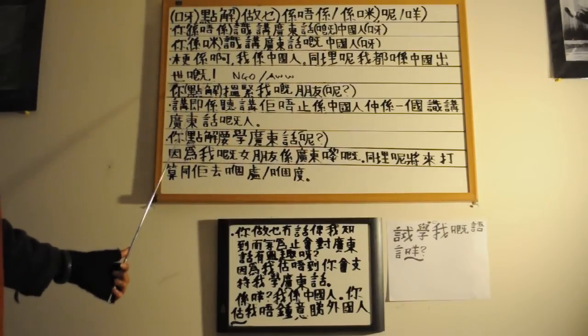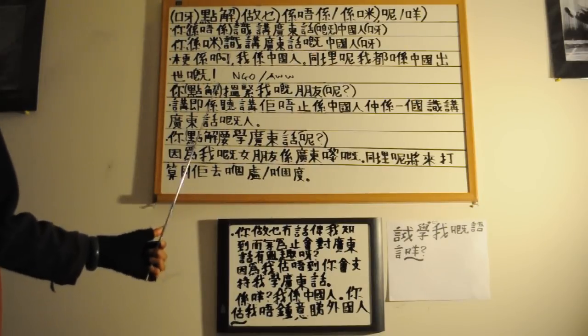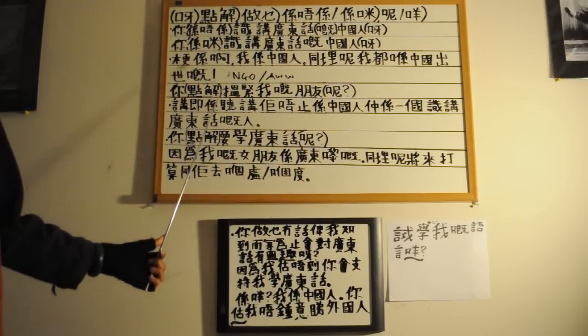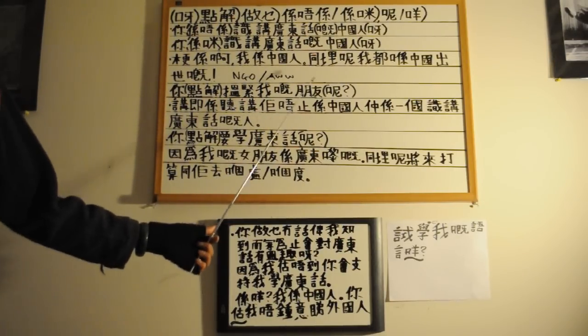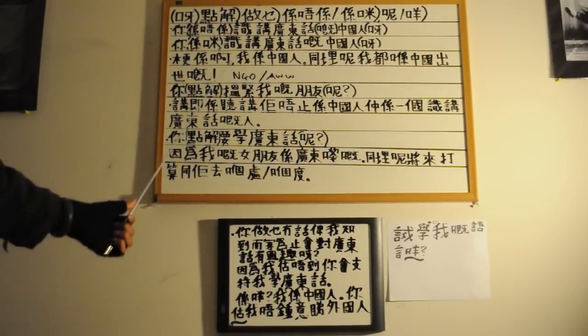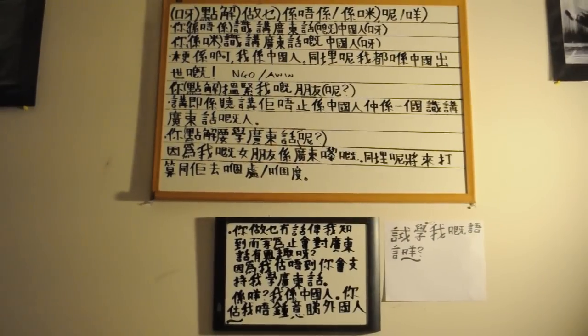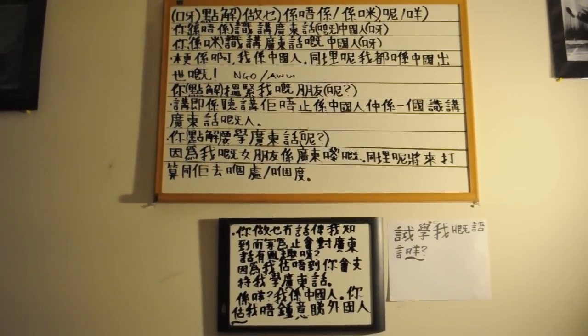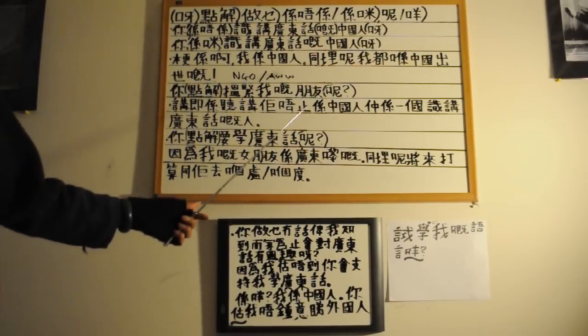So you, 點解 why, 玩緊. Wan is to look for, but the gun is present progressive, it's going on, something is happening. So looking for, 我嘅 ge is my, 朋友 friend, and then the le. That gun, if you know Mandarin, is sort of like 在, 我在什么什么的, that's what it is. It's pretty much the same meaning, but it's backwards. They just switched it around in Cantonese. So why are you looking for my friend?